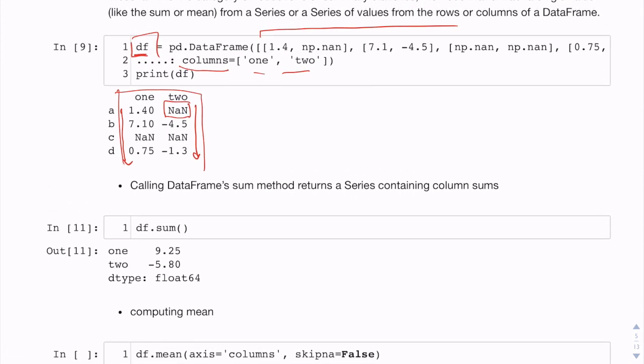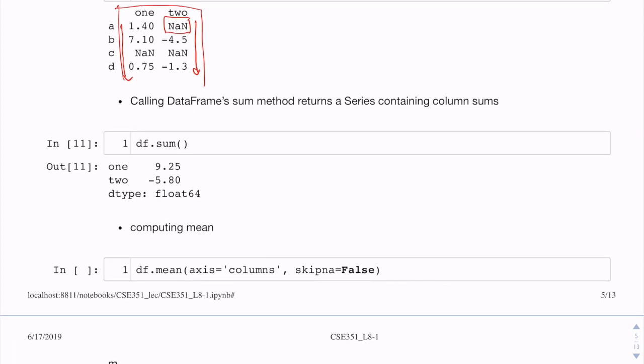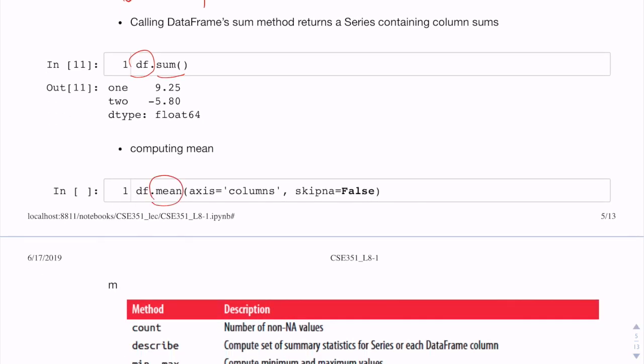So for these statistics, you can apply the function sum. This function sum computes the sum of the columns. It's smart; it will ignore the NaN values. Also you can compute the mean by using df.mean. This is an object, and we call the method mean within this object, with some input parameters or arguments. For instance, I wanted to take the mean column-wise, so I set the axis to column,